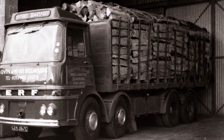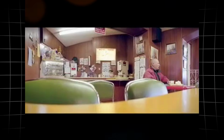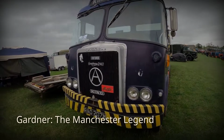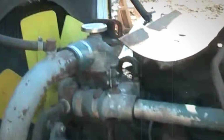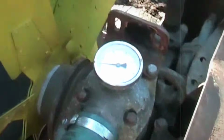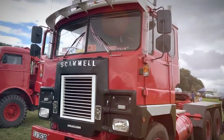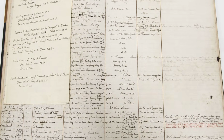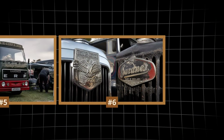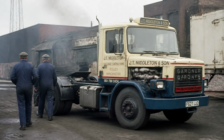Walk into any British transport cafe in the 1970s, mention which engine was best, and you could start an argument that lasted all night. On one side, the Gardner, the frugal Manchester legend that sipped fuel and ran forever. On the other, the Rolls-Royce Eagle, the powerful newcomer carrying the most famous name in British engineering. Drivers wanted one thing, mechanics wanted another, and the men paying the bills wanted something else entirely. This is the story of the engine war that split British truckers, Eagle versus Gardner, and why there was never